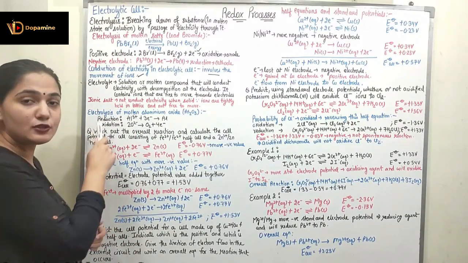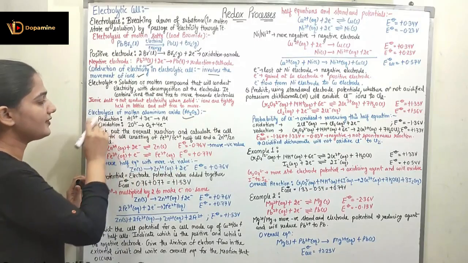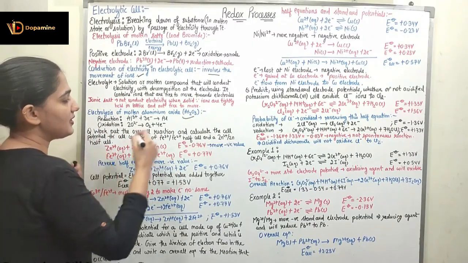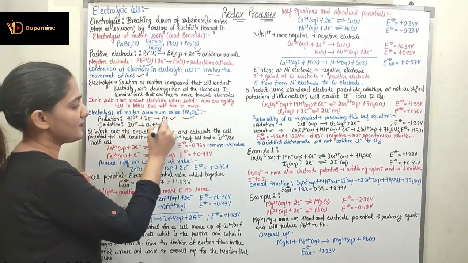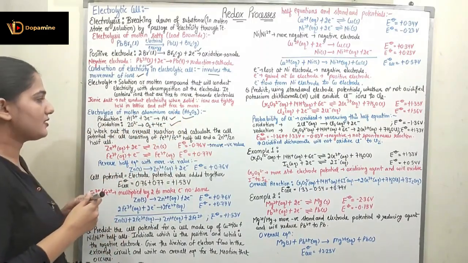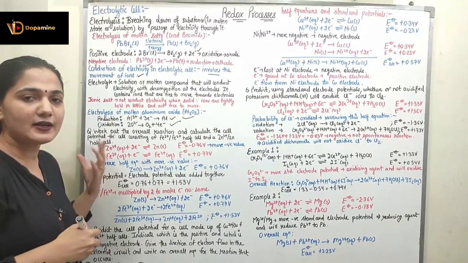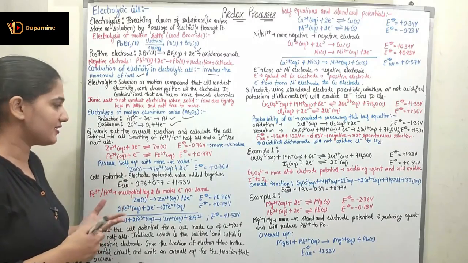So coming to the electrolysis of molten aluminium oxide, Al2O3. Here the reduction process happens where Al3 positive plus 3 electrons gives Al. The oxidation process happens when 2O2 negative gives O2 plus 4 electrons. So this is how we can understand electrolysis, and the electrolytic cell is a cell where the electrolysis process is happening and the current or electricity is generated due to this.